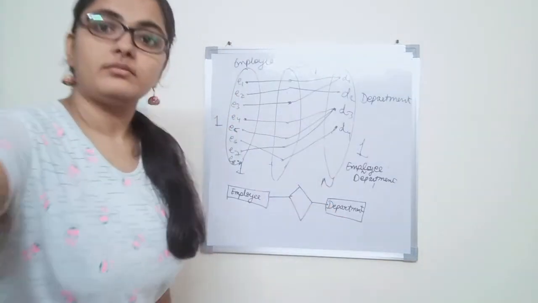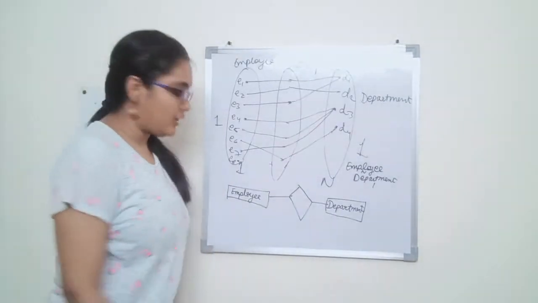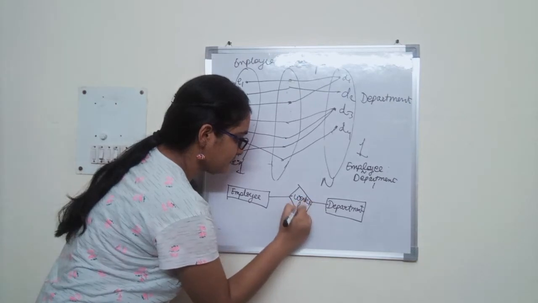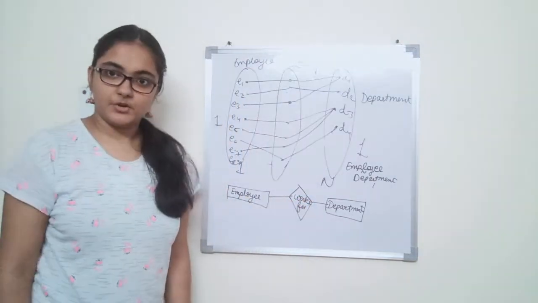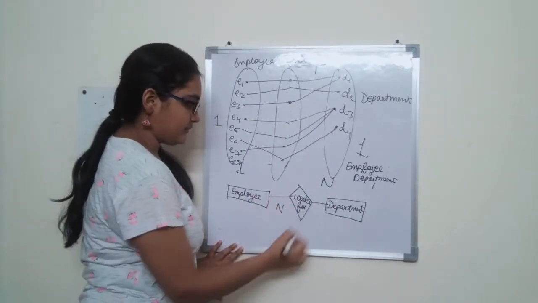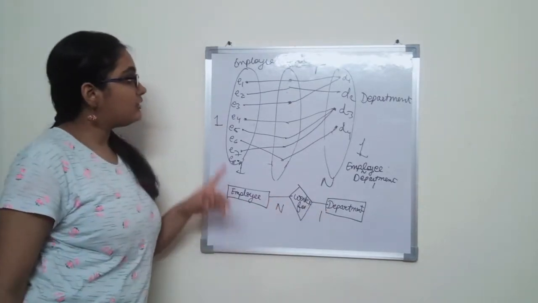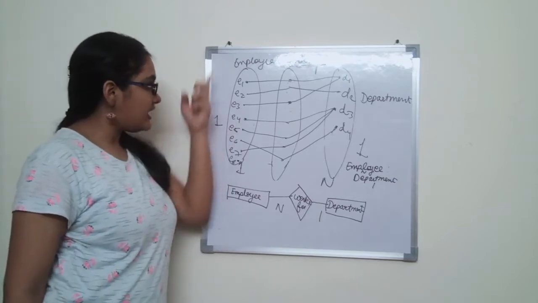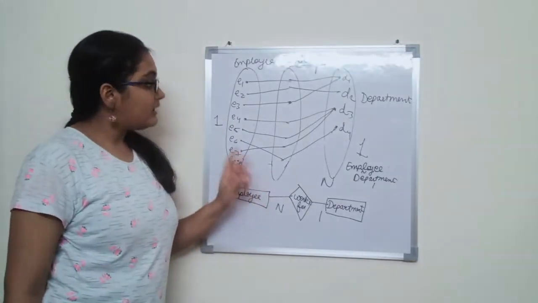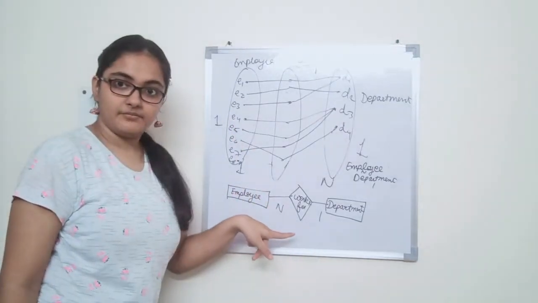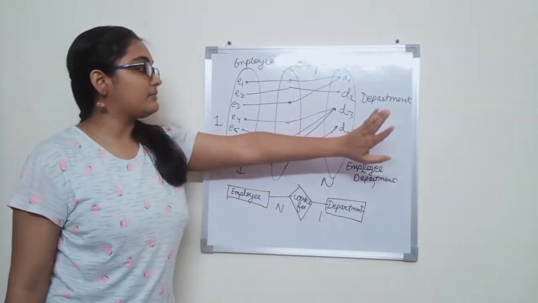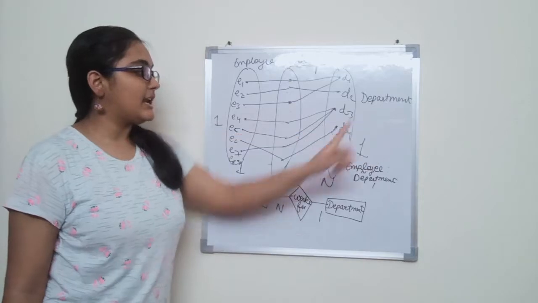Okay, employee works for department. Okay, and employee is N and 1. Although the maximum number of relationship instances in which an employee can participate is 1, we can change it. As I told in the earlier video as well, whenever, even though the department entity can participate in